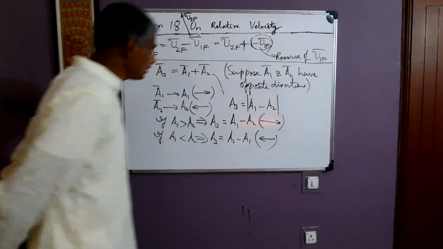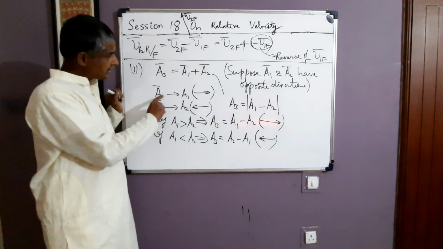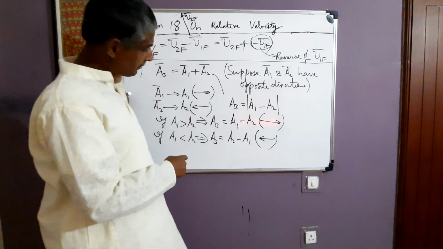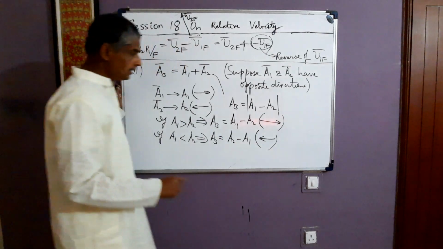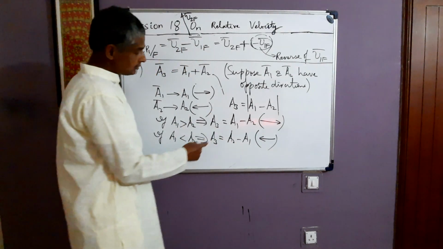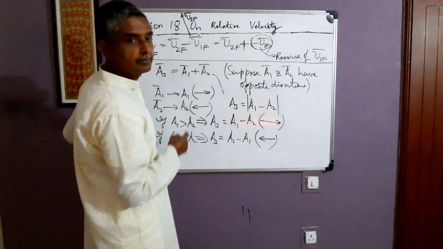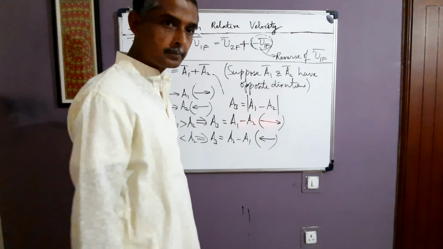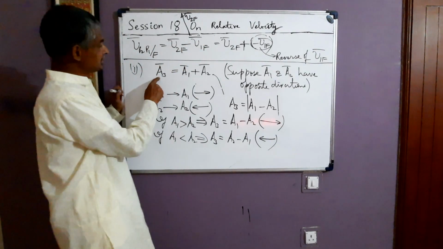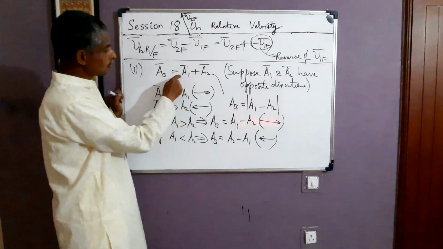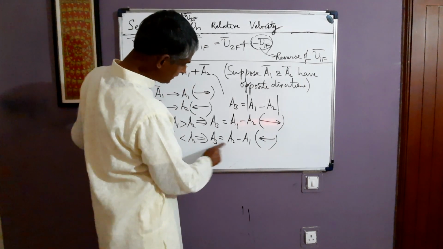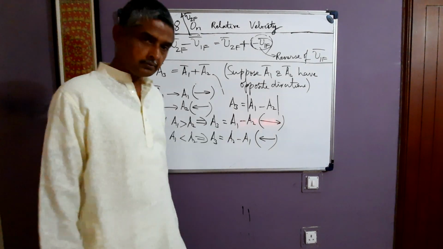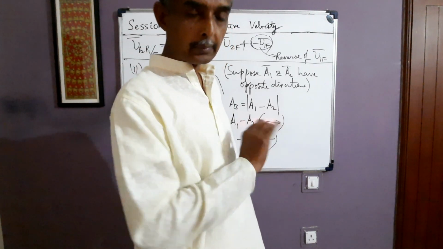Okay. So if two vectors are being added, and they have opposite directions, and A3 is the resultant of the vectors, the magnitude of vector A3 will be equal to this much. And its direction will depend on which amongst vectors A1 and A2 is of greater magnitude. The one having greater magnitude will also give the direction of vector A3. So if A1 is greater than A2, the direction of A3 will be the same as A1. And if A2 is more than A1, the direction of A3 will be the same as that of vector A2. Okay, and its magnitude will be written in this way or this way. Fine. This thing I have cleared. It should be kept in mind.